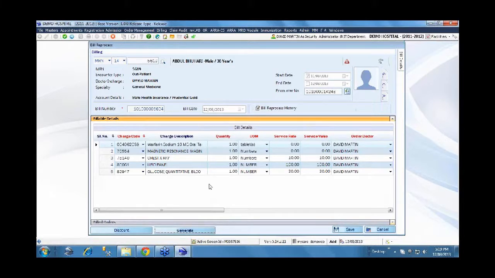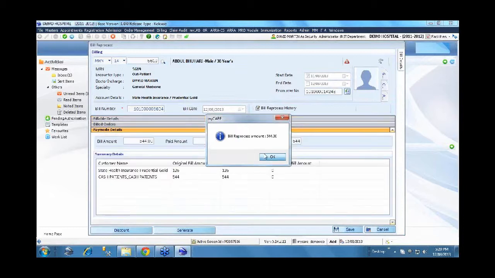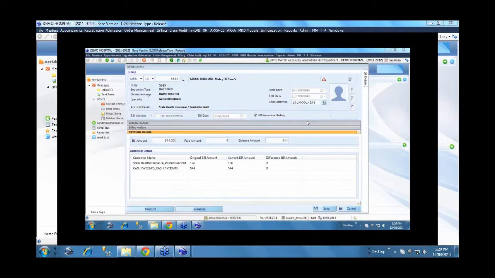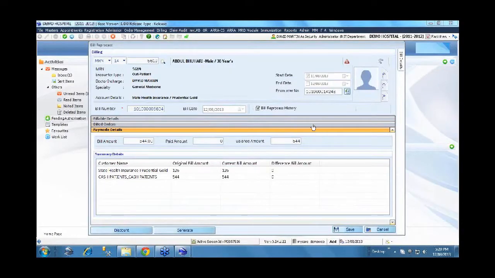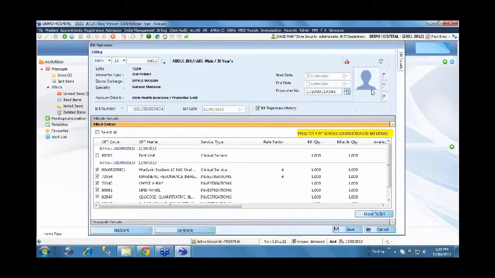So originally the system specified 551 as the amount which needs to be collected from the patient, and that's what we have collected. Now after applying this approval and the co-payment, what is the amount which needs to be paid by the patient? Let's see that. Based on the new allocation rule, whatever is there will come. What is the original bill amount and what is the current bill amount? The difference in bill amount, if there is anything, will be calculated.